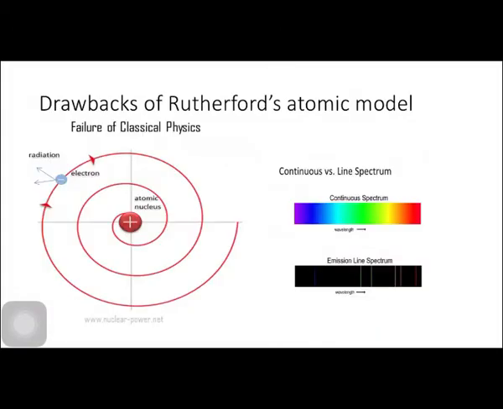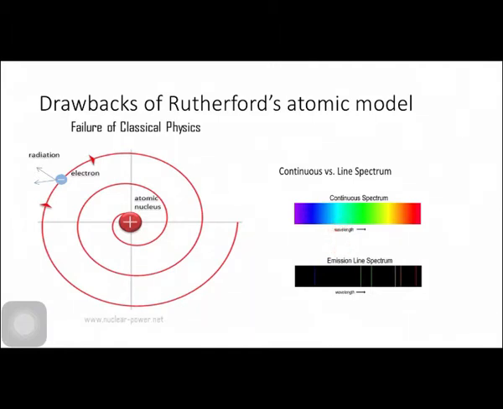Students, if you recall, in the previous lesson we discussed the Rutherford atomic model and its two defects. The first defect was that the electron, while revolving around the nucleus, continuously emits energy, as you can see in this image, and ultimately falls into the nucleus. It would collapse the atomic structure. The second defect was that because of continuous loss of energy, the atom would form a continuous spectrum, but this was not true. In reality, an atom forms a line spectrum.